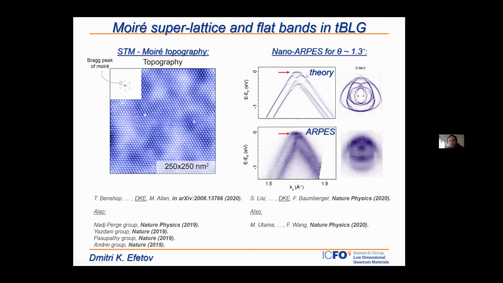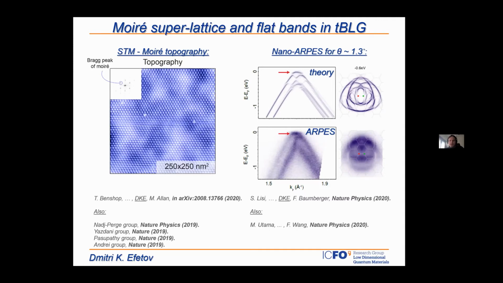Here is a band structure calculation for twisted bilayer graphene with a twist angle of 1.3 degrees. As you can see, it resembles the band structure of AB bilayer graphene, with those two bands here at higher energy. But what really dramatically happens is that around zero energy, the band structure becomes strongly renormalized. In particular, as you get close to zero energy, you're getting these flat bands,